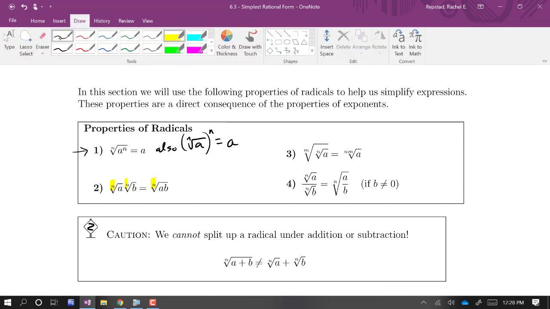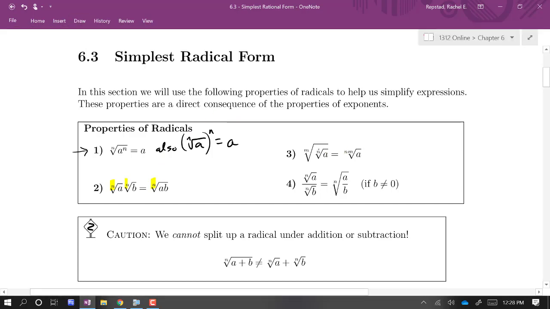If we take a root of a root, so if I have the nth root of a and then I take the mth root of that, this is the nmth root of a, right? So you multiply those indices. This is just an application of the fact that we can multiply exponents when we raise a power to a power. So the mth root